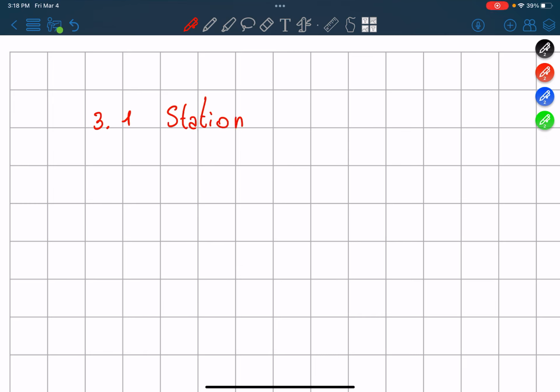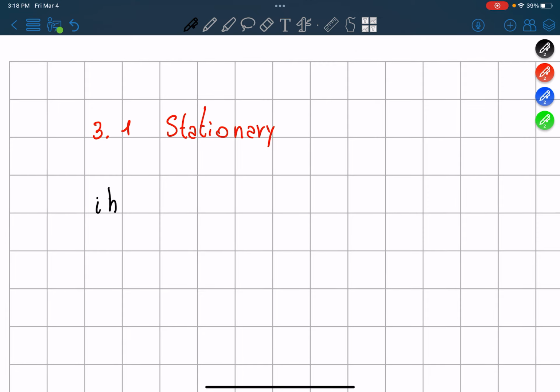Hello, everybody. So, in this chapter, or this section, we're talking about how stationary states affect us. Well, first of all, we have to start by introducing our wave equation, which is: i h bar, and then the derivative of our capital Psi, over dt, is equal to negative h bar squared over 2m, and then the second derivative of our capital Psi in terms of x squared, plus